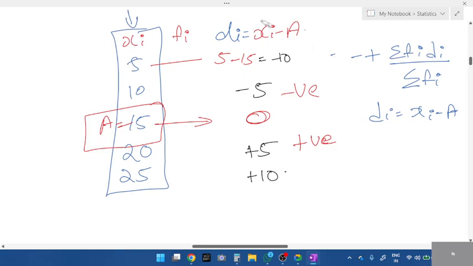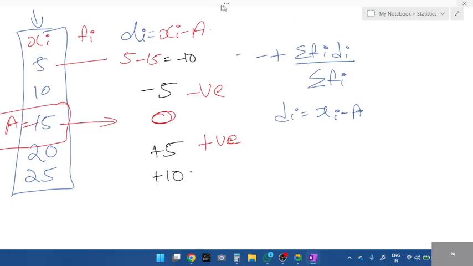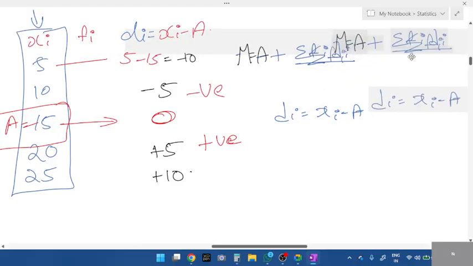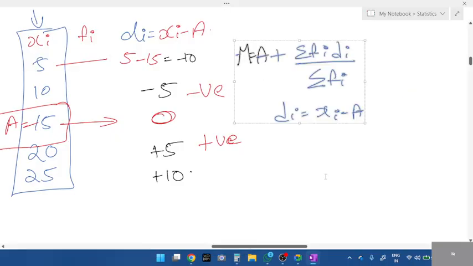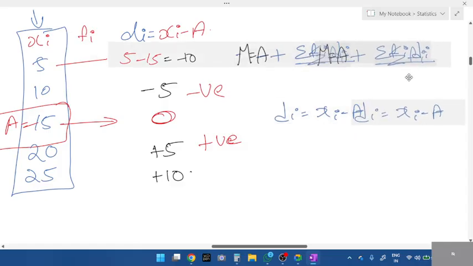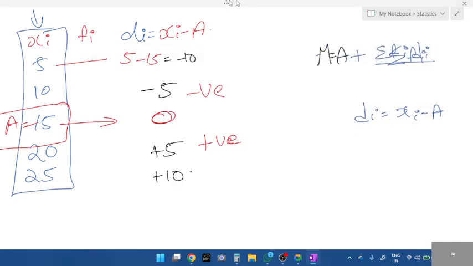Okay, what is the difference between this and step deviation, students? For step deviation, what's the formula we use? Wait, let me write it. This is the assumed mean method. I'll tell you what to practice in the textbook. Today I'll practice that. Tomorrow we'll solve questions. Next, for step deviation,